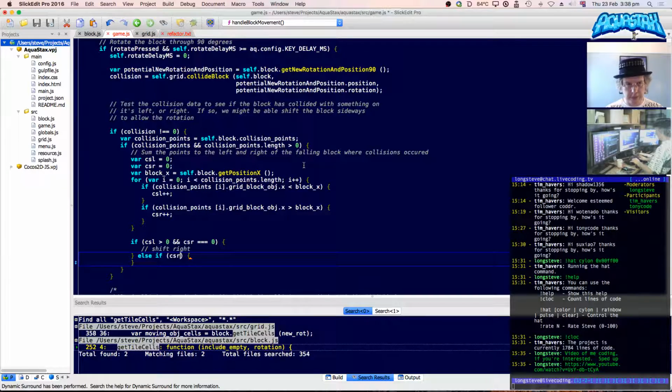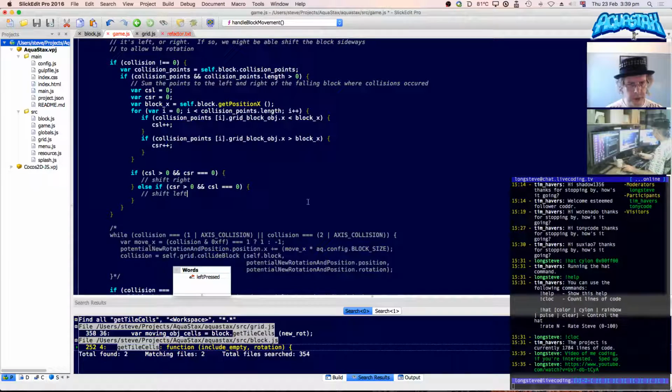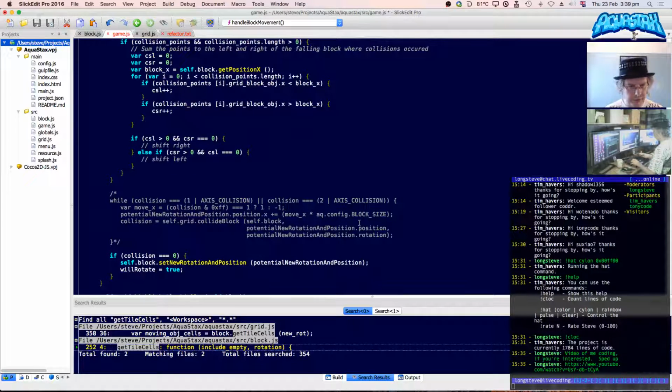Else, if CSR is greater than 0, and there's no collisions to the left, CSL is equal to 0, then shift left. I think that's kind of the logic I can use. So shift is basically going to be, I'm just going to move it one space, one grid cell.